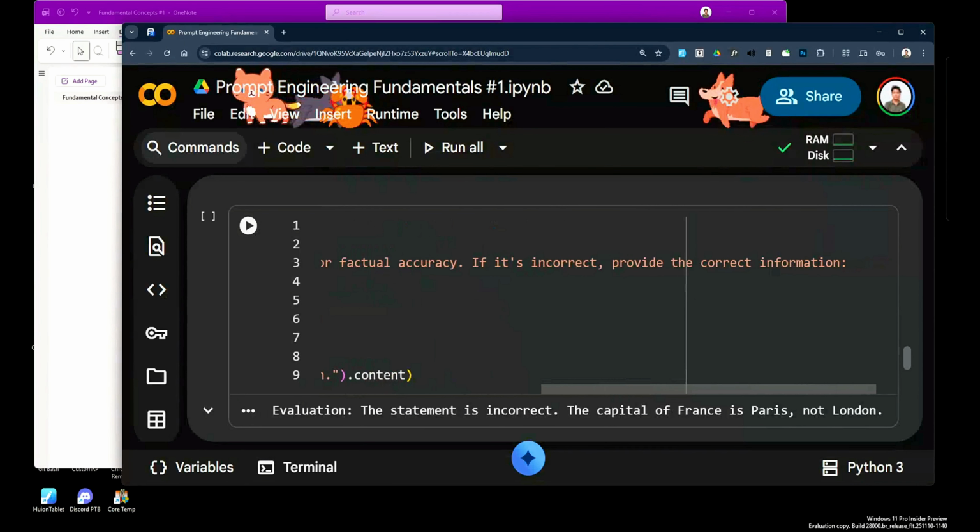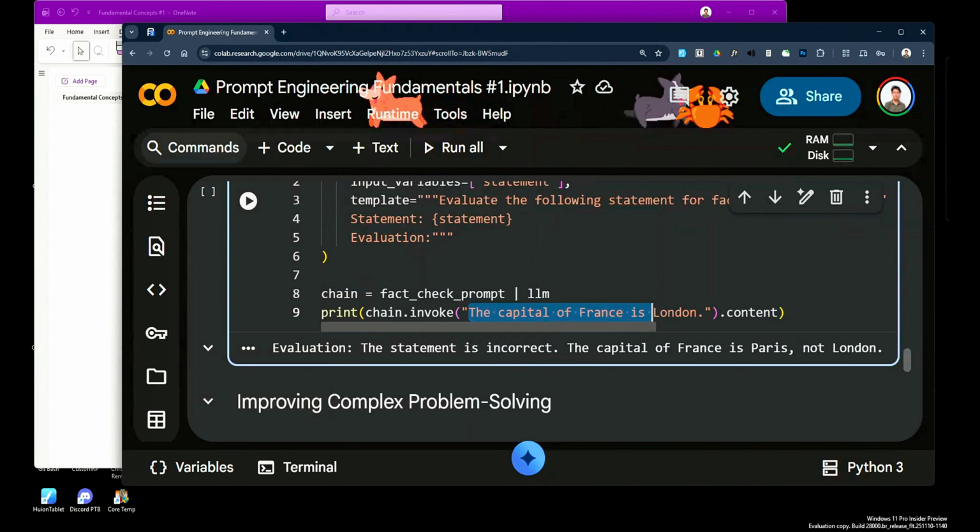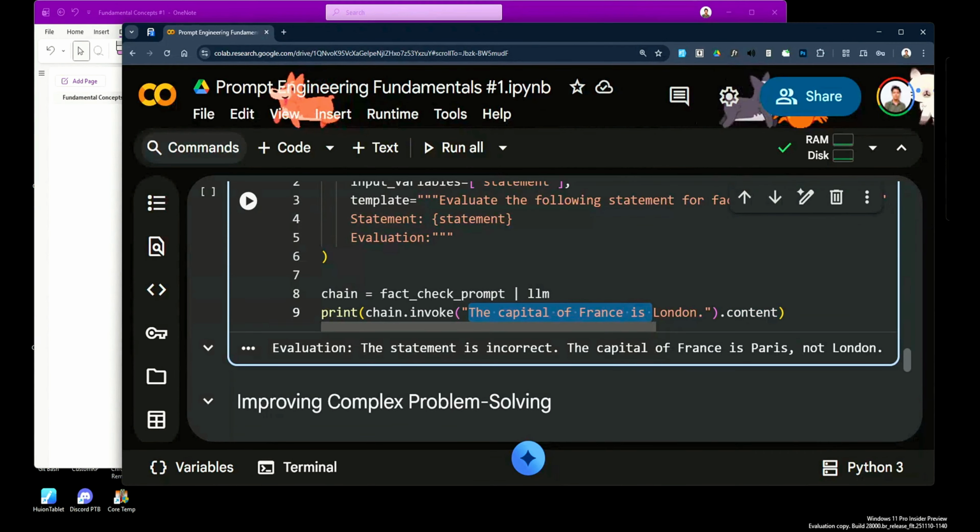Okay, and what I asked for is this: the capital of France is London, which is of course incorrect. And see what evaluation I got. The statement is incorrect. The capital of France is Paris, not London, which is correct,